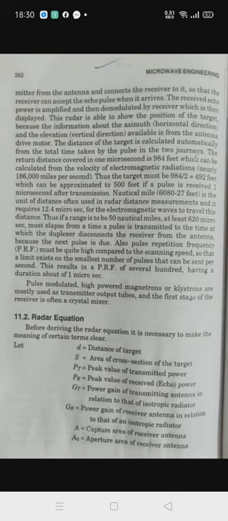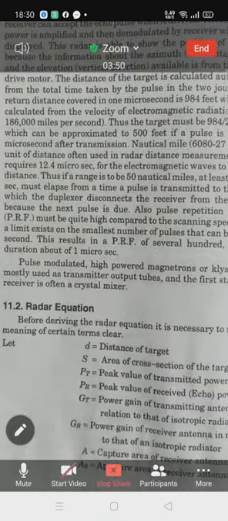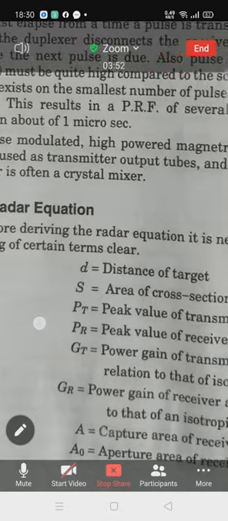Today we will start with the next article from radar systems. In the last period, we studied the definition of microwaves, applications of microwaves, then the basic principle of radar and the basic pulse radar system. Next will be the radar equation. We have to derive the radar range equation, or radar equation. This is important from the examination point of view.